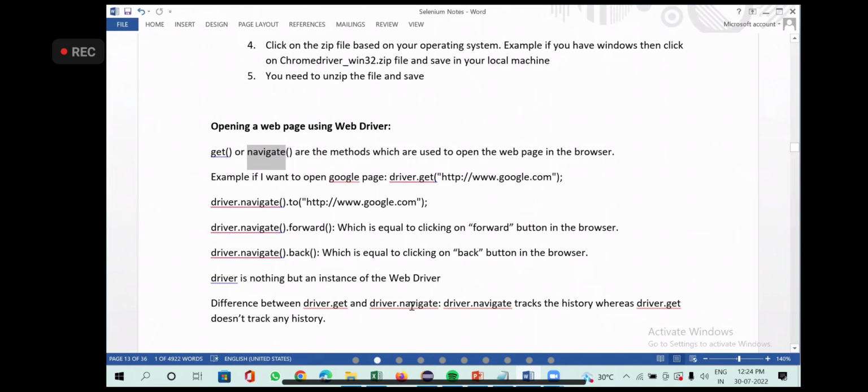Answer is: driver.navigate. Whenever I say driver dot, always think it's an object name. Don't think the method name itself is driver.navigate. Always understand driver is an object. Otherwise, you can make the difference between get and navigate methods. Okay. So the navigate method